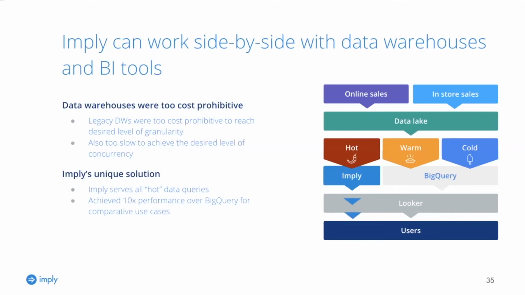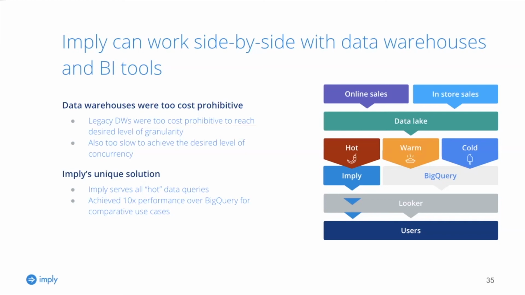They had a data lake, which was a legacy data warehouse, which was too cost prohibitive to reach the desired level of granularity. Also, it was too slow to achieve the desired level of concurrency. So Imply was serving all the hot data queries. This particular customer themselves said that we were running 10 times faster over Google's BigQuery for a comparative use case. That's from the customer, not from us,